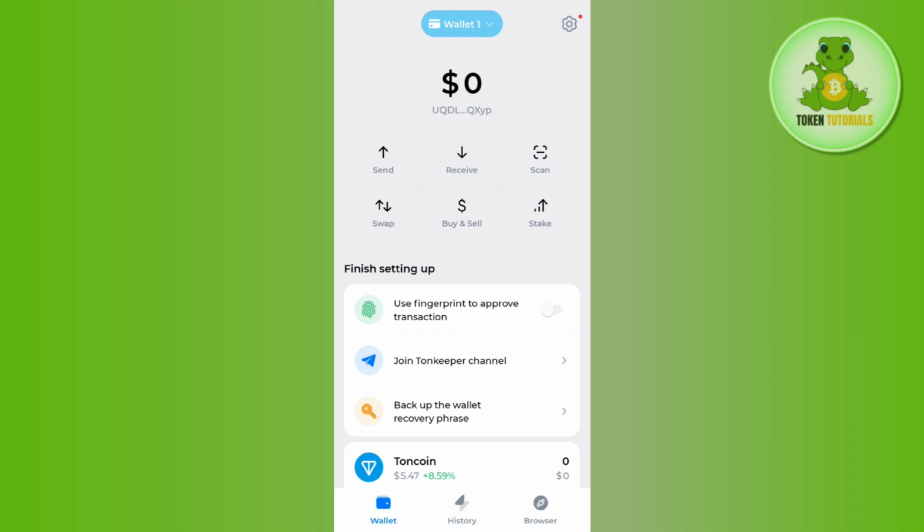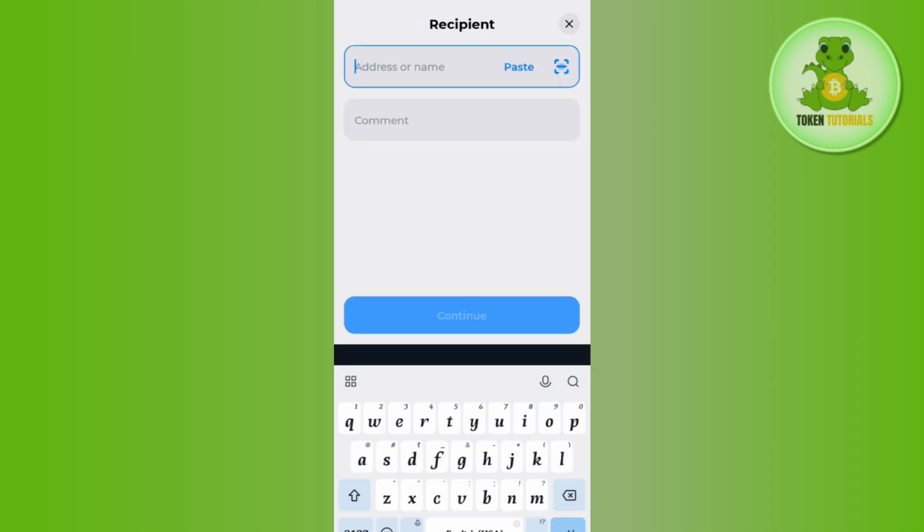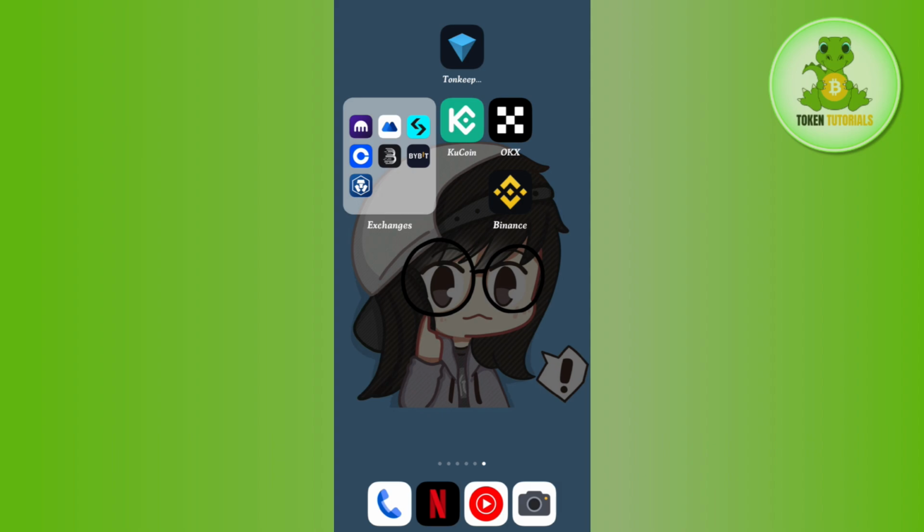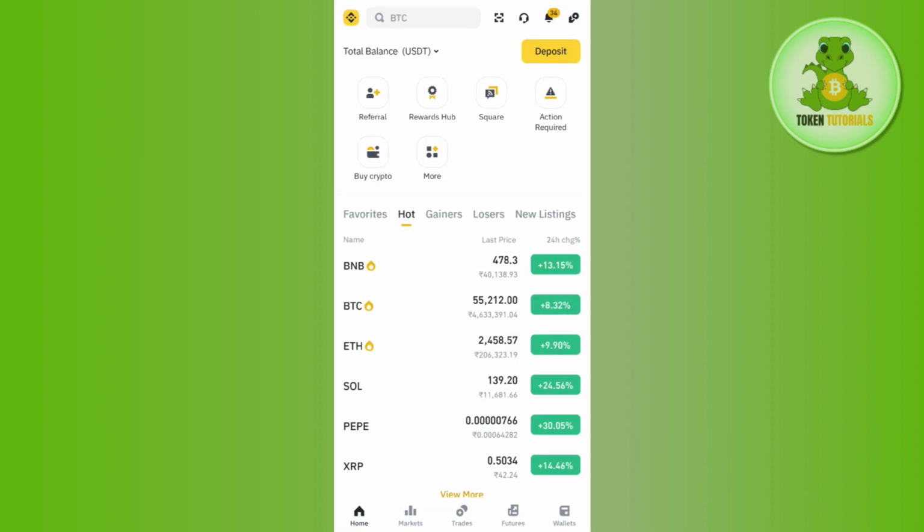So in order to do it, you first need to tap on the send button, and here you will be asked to provide the deposit address, or you can even scan the QR code. So in order to get it, you need to open that exchange in which you want to send your USDT from your Tonkeeper wallet. For this video, I'm going to use Binance, so I simply tap on my Binance application,